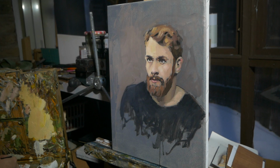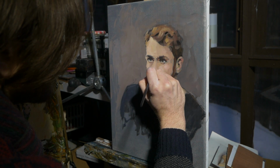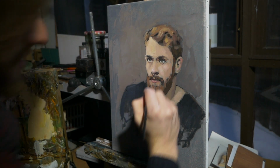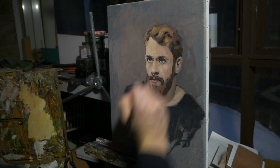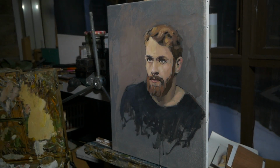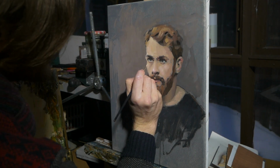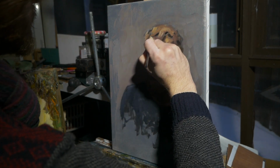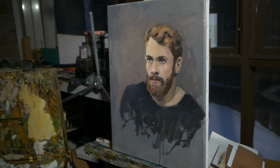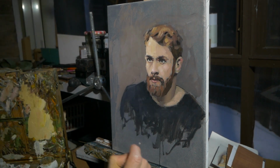One last thing I'm going to do is give my smaller brush a nice clean. Pick up some pure white, and just make a note of highlight on the nose, running down this edge, and from that brow. Cheek can have a slight highlight as well, and you often get a little highlight up here on the forehead. Tiny bit on the lip there,